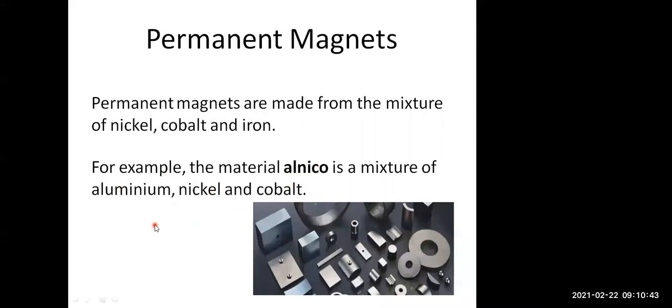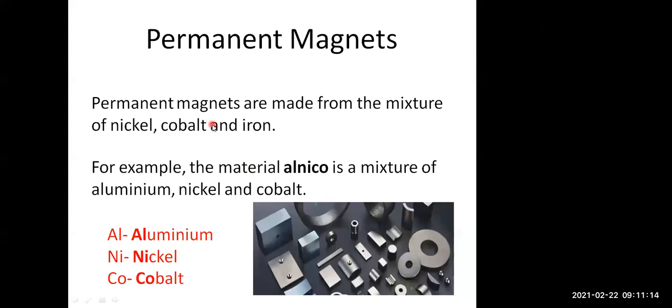Now here, the word alnico is derived from Al, Ni, Co. Al stands for aluminium element, Ni stands for nickel element, and Co stands for cobalt. So this shows that the material alnico is a mixture of aluminium, nickel and cobalt. Alnico: aluminium, nickel, cobalt. Okay.